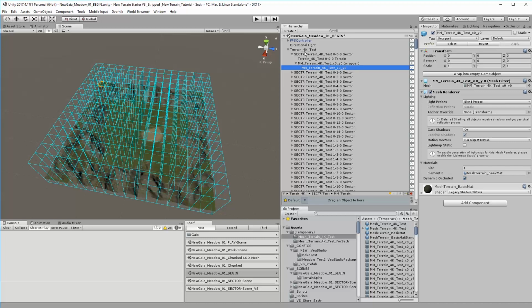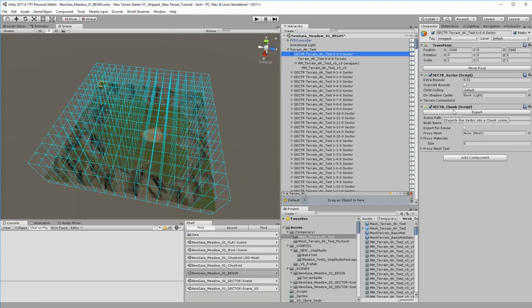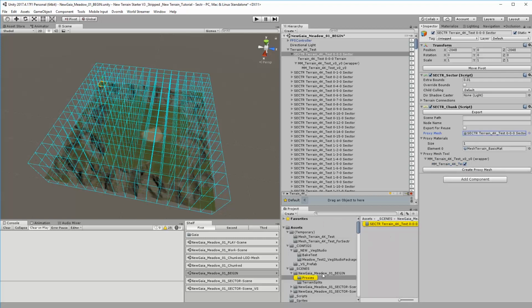But SECTR Chunk component is clever enough to see inside that and say, oh, there's a mesh, is that the one you want? I'm guessing that if there's more than one mesh inside here, you could select them all, and then you just literally click create proxy, and it creates this new mesh and puts it inside, so everything lives in a folder that's named after your scene. There were the terrain splits that SECTR created. There's the first proxy,